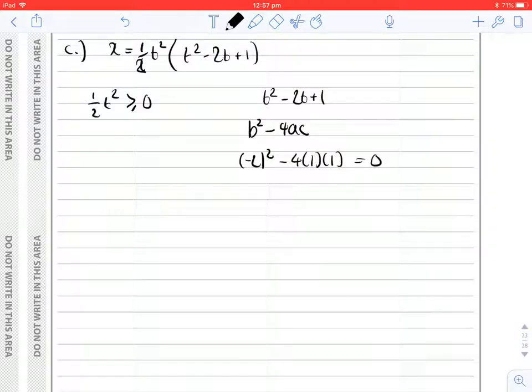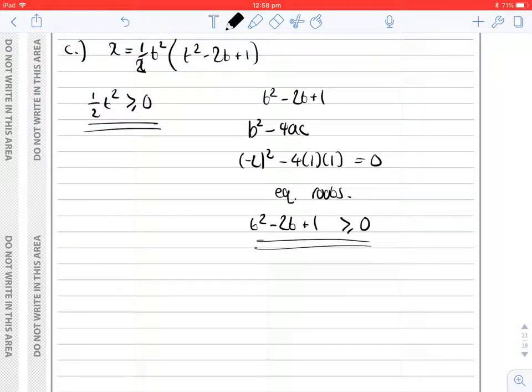Therefore, what we know is that it has equal roots, and we know that t squared minus 2t add 1 must be greater than or equal to 0 at all times. It won't dip below that. And so therefore, if a half t squared is greater than or equal to 0, and t squared minus 2t add 1 is greater than or equal to 0, then we know that x must be greater than or equal to 0, and it will never go